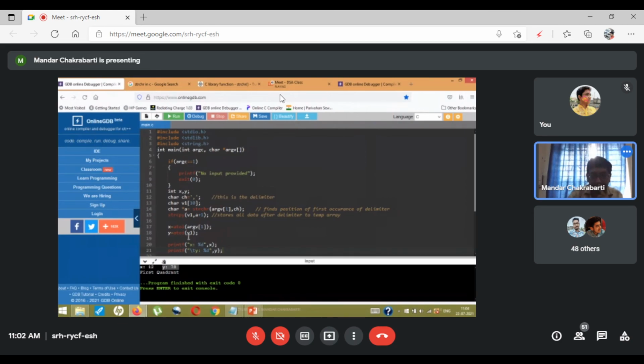All right. So suppose this was not a comma, suppose this was a colon. I just need to replace this by colon. Say it was and. I just need to replace this by and. So this is the delimiter that we want. Okay, is that clear? Till now, any sort of questions, any queries?